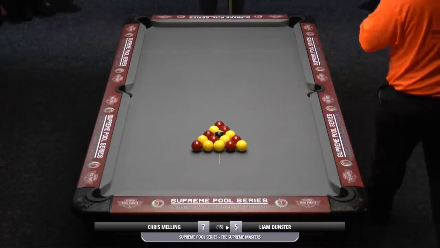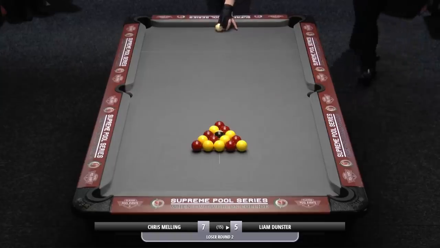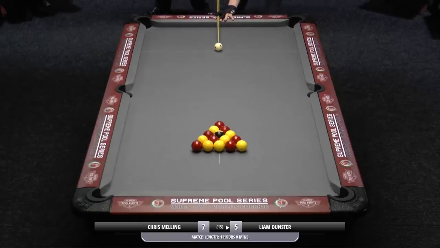As if another one goes. 13th frame, Liam Dunster to break. Again, no hint of Liam checking the rack. You're obviously very happy with the way this ref's been racking the balls. Usually you'd see him going down and just checking things out, but